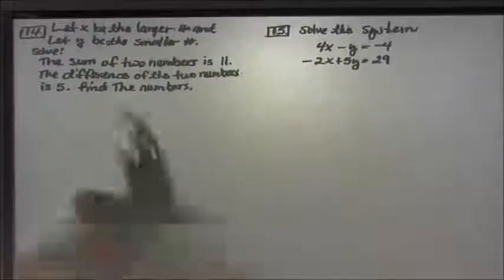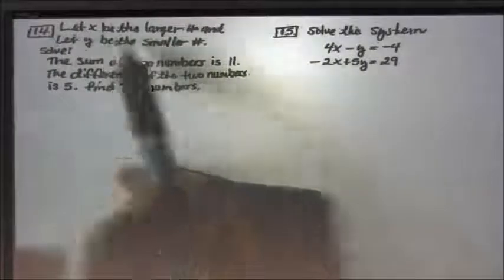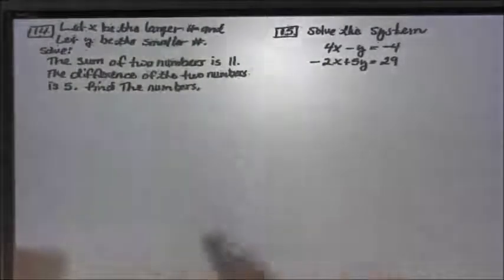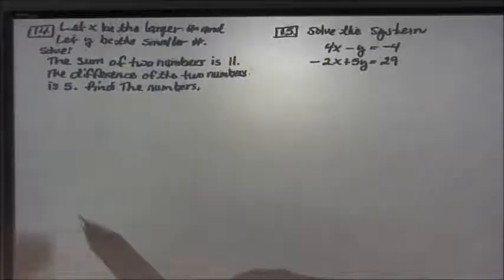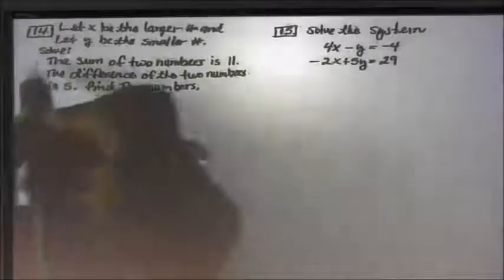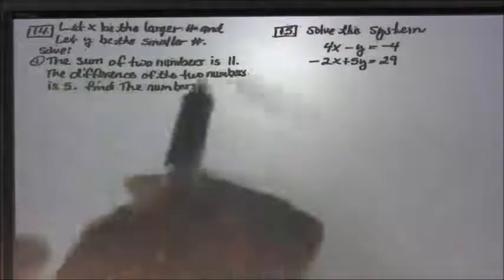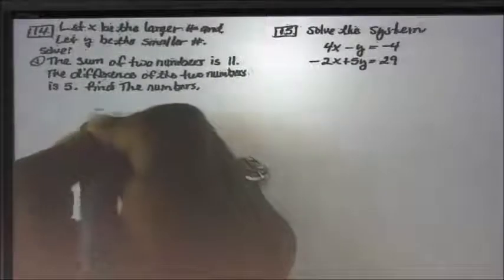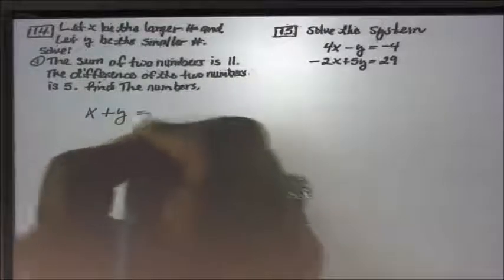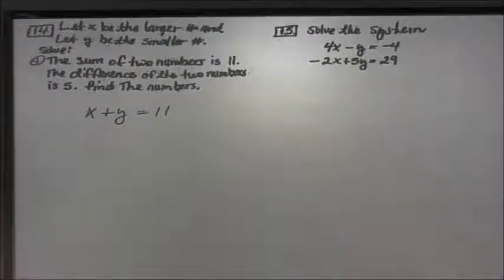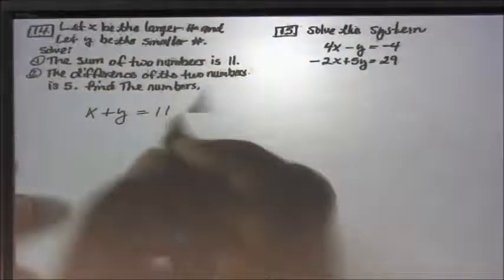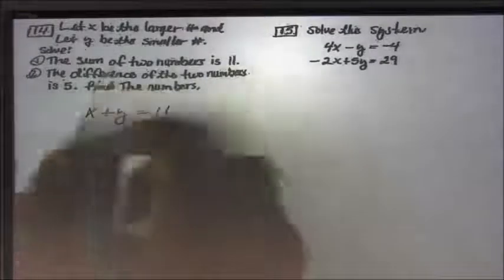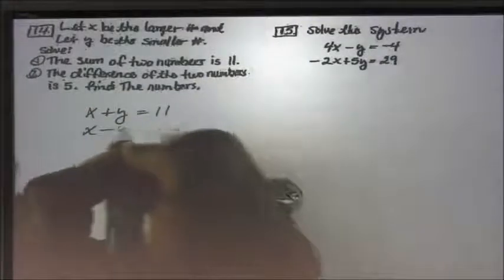Here we are with our 14. It says let X be the larger number and Y be the smaller number. So they're going to tell you what letters to use. And we know we're dealing with X and Y. The first equation comes from the first statement where it says the sum of the two numbers is 11. So do we agree that if we add X plus Y, we should get 11? And then our second equation comes from the second sentence where it says the difference of the two numbers is 5. So that should look like,